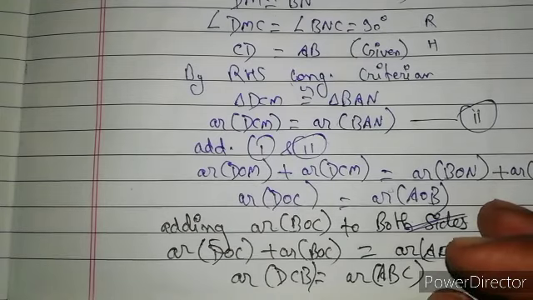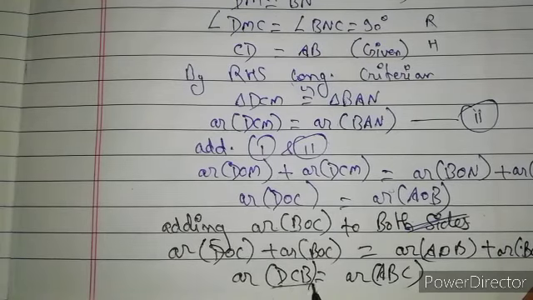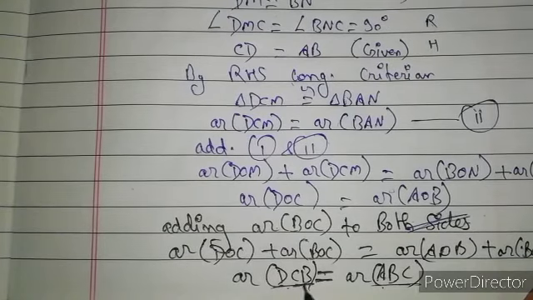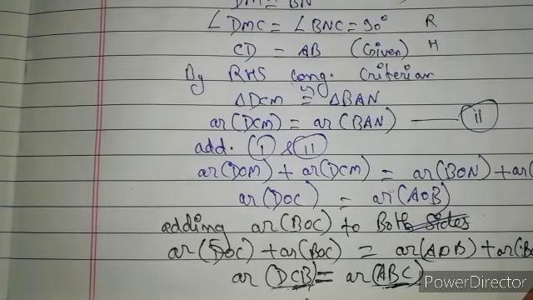Now let us prove the last part. For that, look, one theorem we have learned is that if two triangles have the same base and the same area, then they will lie between the same parallels. So here we have triangle DCB and triangle ABC, okay, they have equal area, and they lie on the same base, that is BC. Here it is CB and here it is BC, okay. So they are lying on the same base, that is BC, and they have equal areas, so we can say that they lie between the same parallels, okay.